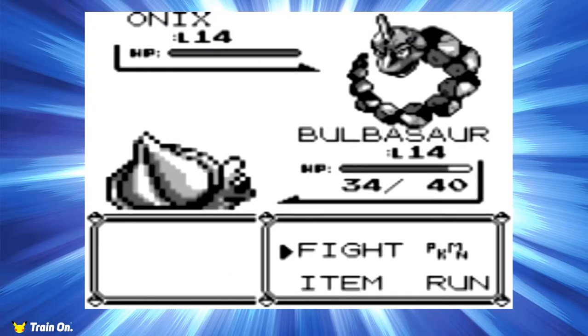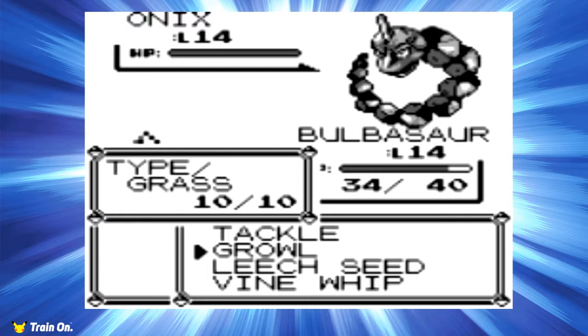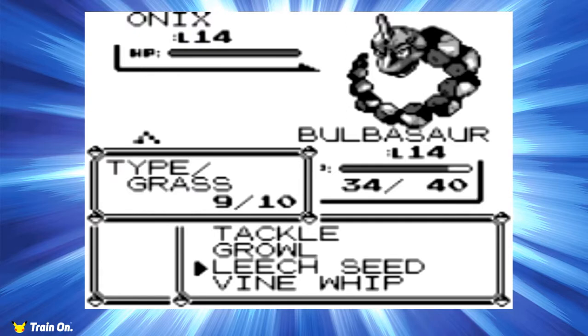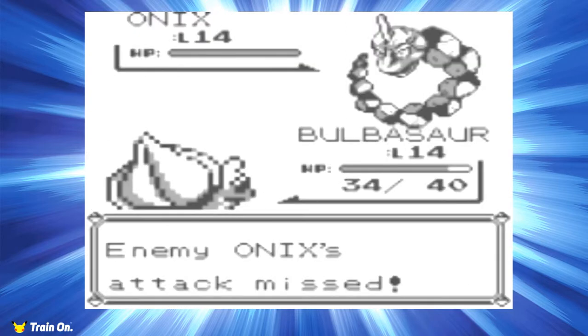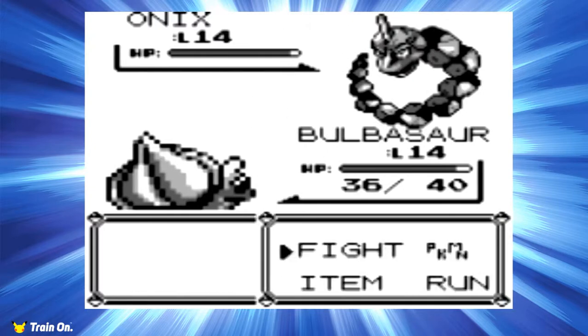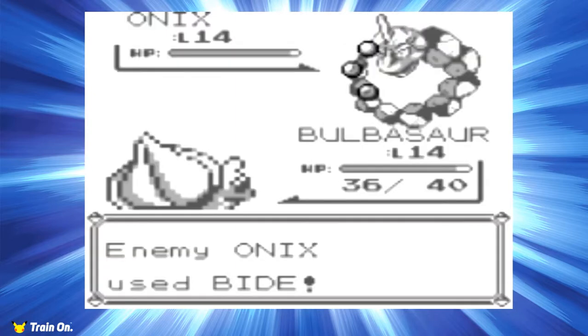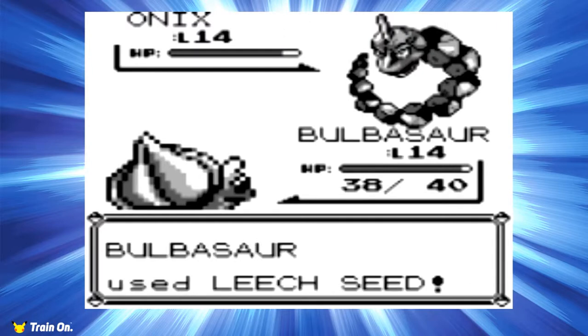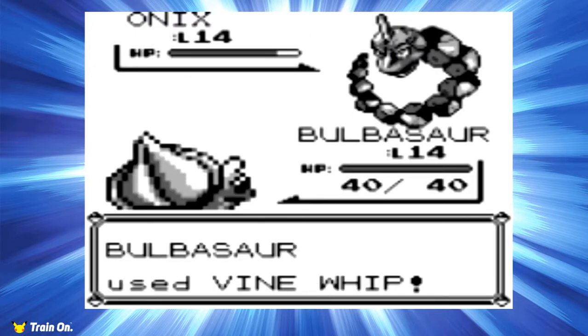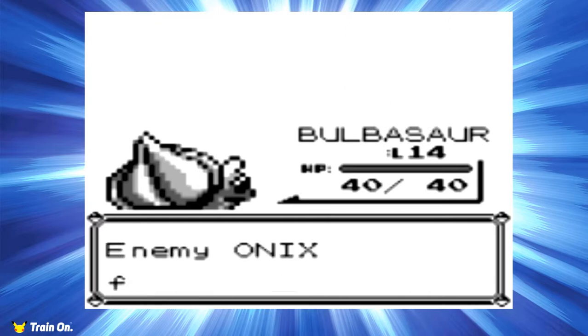alright. So he's using Brock's signature move, Bide, which it will not attack for 2 turns, but it deals double the amount of damage that it was dealt. So, as you can see, we actually made it fail because we keep using Leech Seed. Alright. Now see, that might have been bad. Alright, never mind. We just killed him. Alright, so